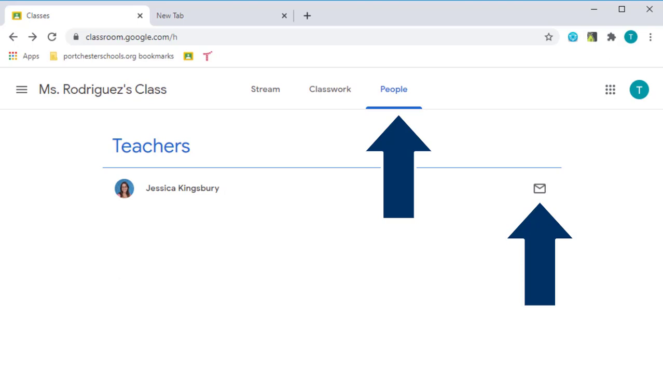And if you look next to any of the teachers' names here, you can see that there is this email icon all the way on the right-hand side. Within this email icon, you can actually press that to send an email to the teacher. Now, I am going to show you what that looks like in just a second, but I do want to